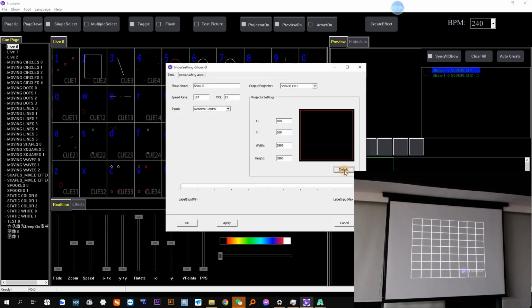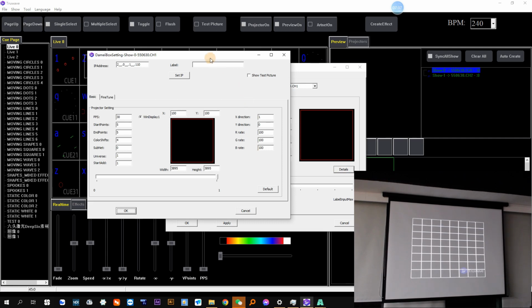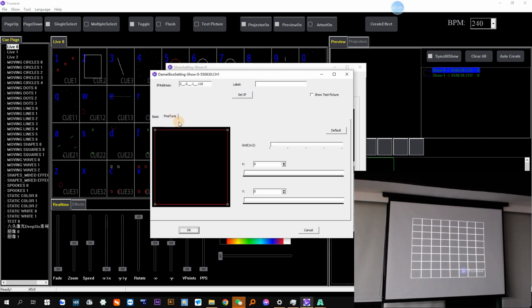Let me start. Now we can start calibrate the fine tune. This function we call it fine tune because it can match the grid point by point, line by line. It's very advanced. So I also need to activate the show test picture and move this point to here and